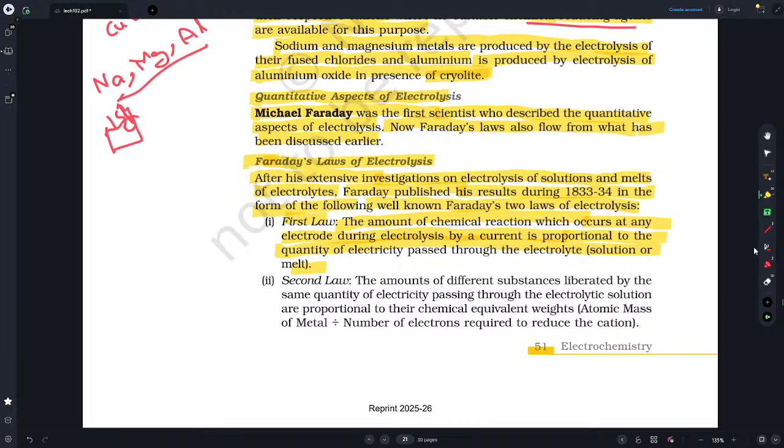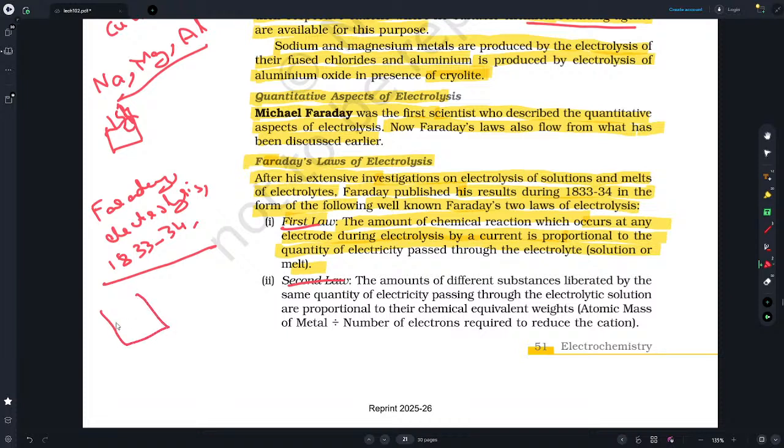Basically what it means is, Michael Faraday investigated aspects of electrolysis and published his work between 1833 and 34. He published two laws, the first law and the second law. The first law says that